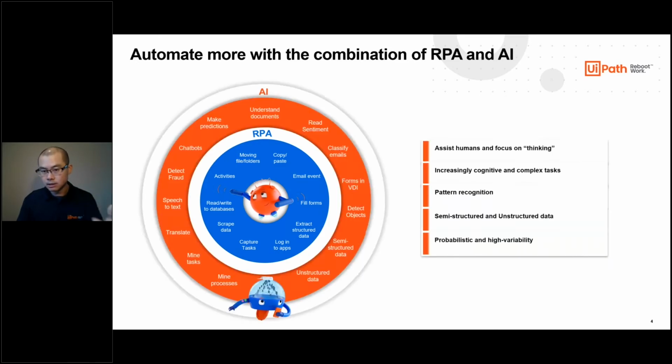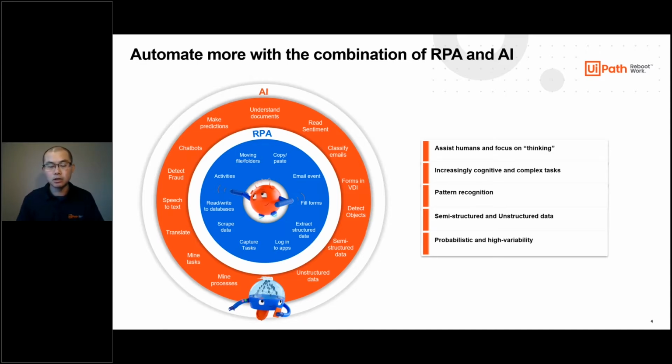Now, as you start taking this a little bit further, let's look at what you can do once you start layering AI into this picture. Once you start adding AI to RPA, you can start to automate processes and tasks that are much more knowledge intensive. As an example, think about how you can take something like natural language processing and use that to look for data inside unstructured data forms, for example documents or contracts or emails, anything like that.